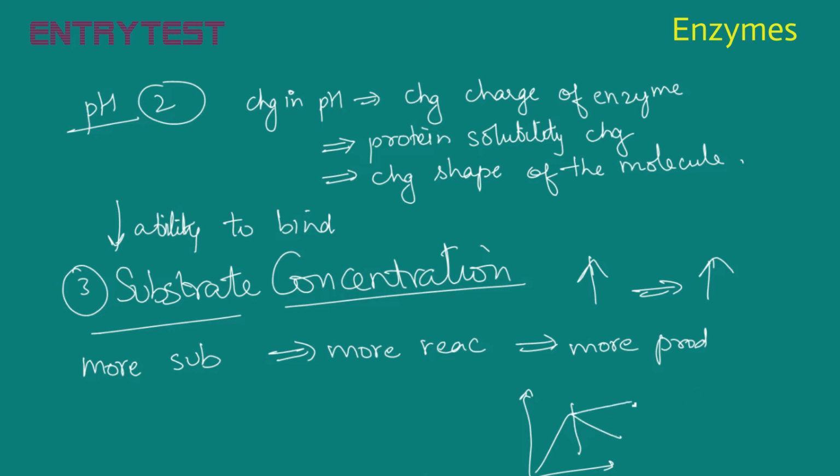So instead of this, which would be for temperature, this is going to be for substrate concentration. So after a while, no matter how much the concentration increases, the rate of reaction will still be the same, because the environment becomes saturated with substrate, and all the enzymes are bound and reacting. So that is an idea of the factors that affect enzyme activity.